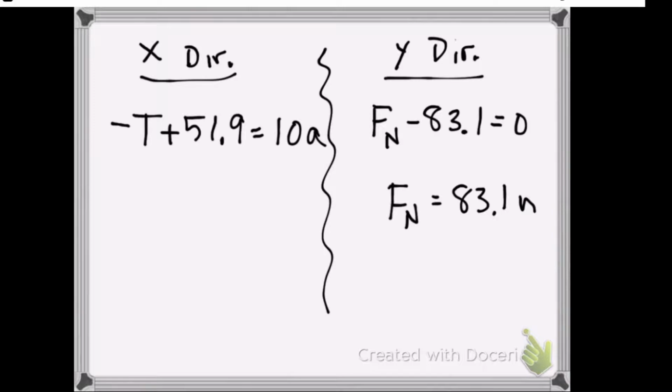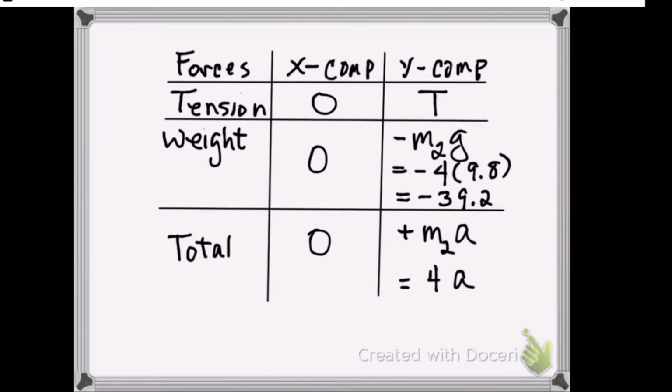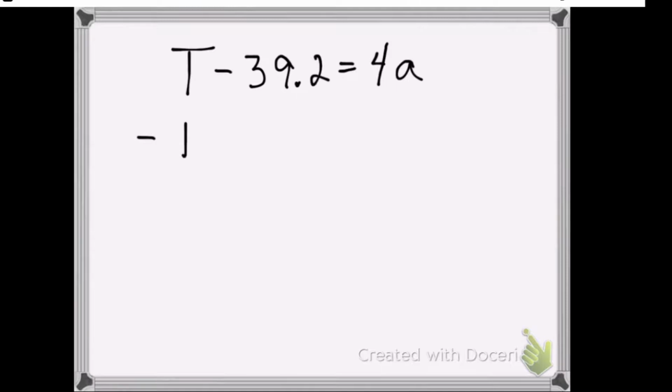Here it is right here. Right? It's negative t plus 51.9 is equal to 10a. Negative t plus 51.9 is equal to 10a. So we have two equations. This is a system of equations. We have two equations,